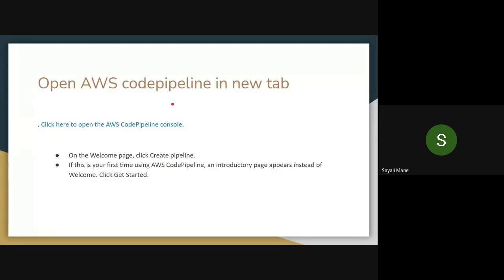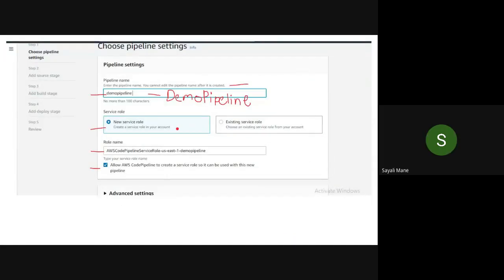Now please open a new tab and in that type AWS CodePipeline.